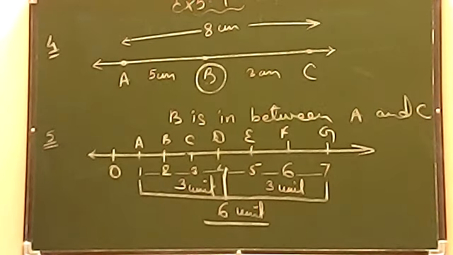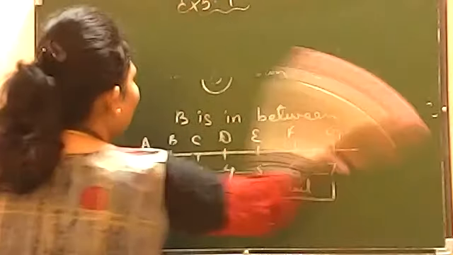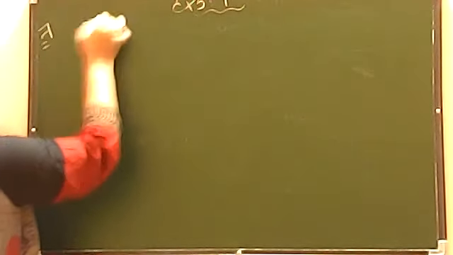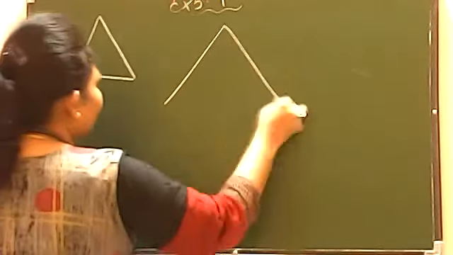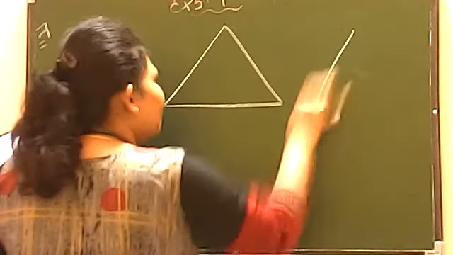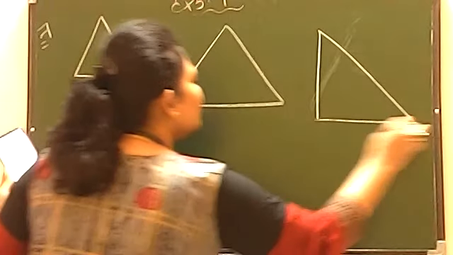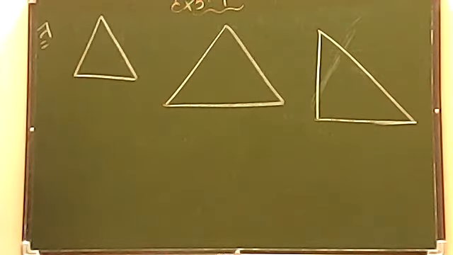Now let's discuss question number 7. Now question number 7 says that you have to draw 5 triangles. ठीक है, आपको 5 triangles draw करने हैं with any of the measurement. It's not given that which kind of measurement you have to take. You can take any measurement now. So suppose one triangle I have drawn now. I can draw a little bit more. One I have taken like this one. Okay. So in this way I have taken right now 3 triangles. You can take 5 also.